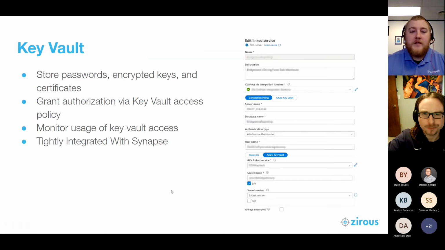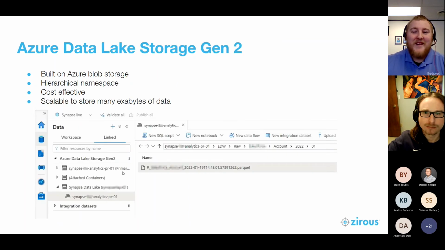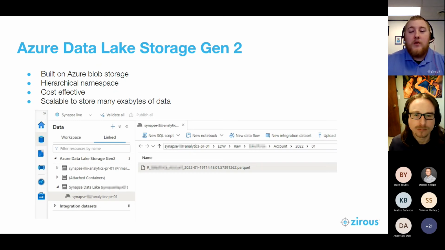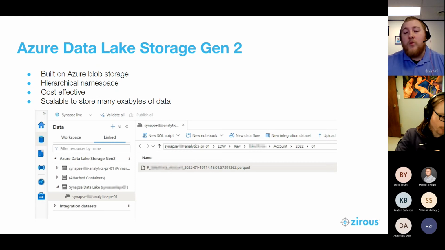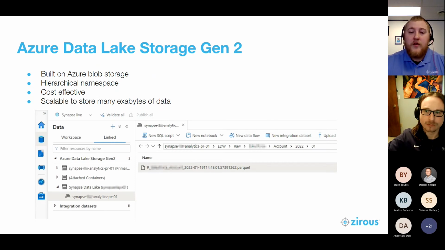The other benefits of the Azure, can you go back a slide, please, Justin? The other benefits of Gen 2 are just, again, how easy it is to find your data. And then for any of you who are curious of why we're using Gen 2 storage instead of Gen 1 storage, Gen 2 is a straight upgrade on Gen 1, and Gen 1 will be shut down in early 2024. So there's no reason to ever pick Gen 1. That's just a pro tip for you guys.